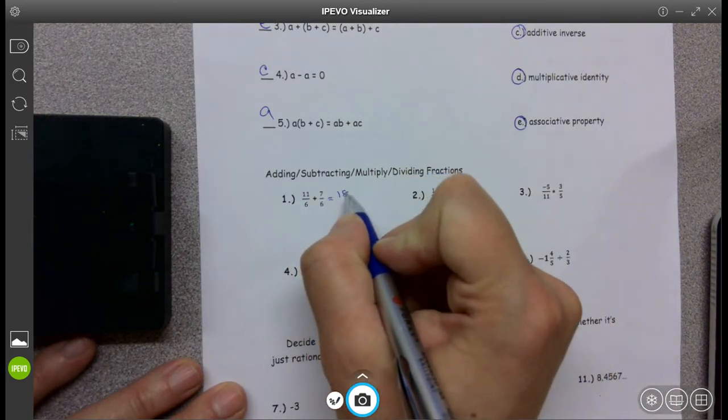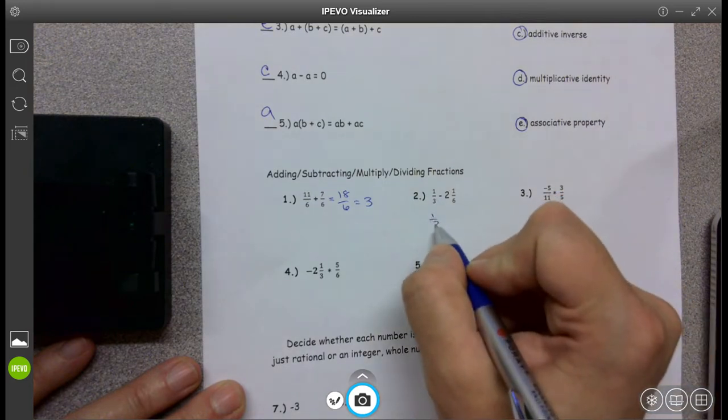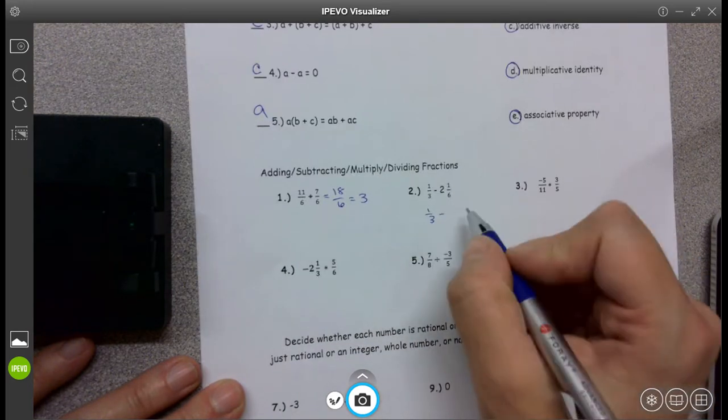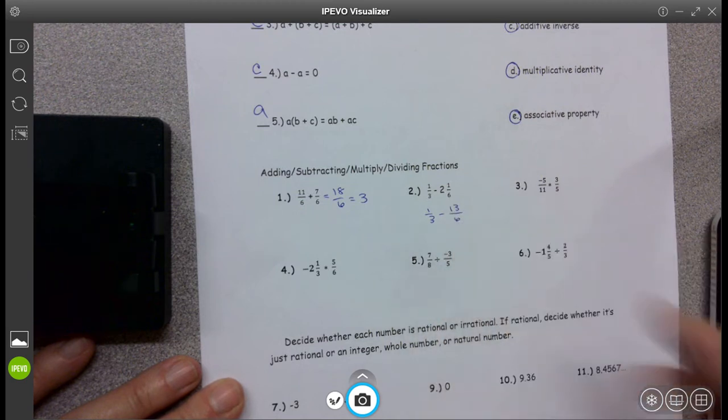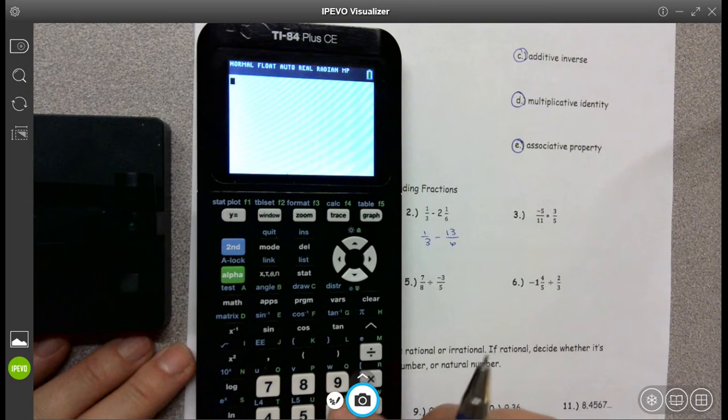This is going to be 18 over 6, which is just 3. Here we have to make sure we turn this into an improper fraction. 6 times 2 is 12 plus 1 is 13 over 6. In the calculator, you could simply just do,